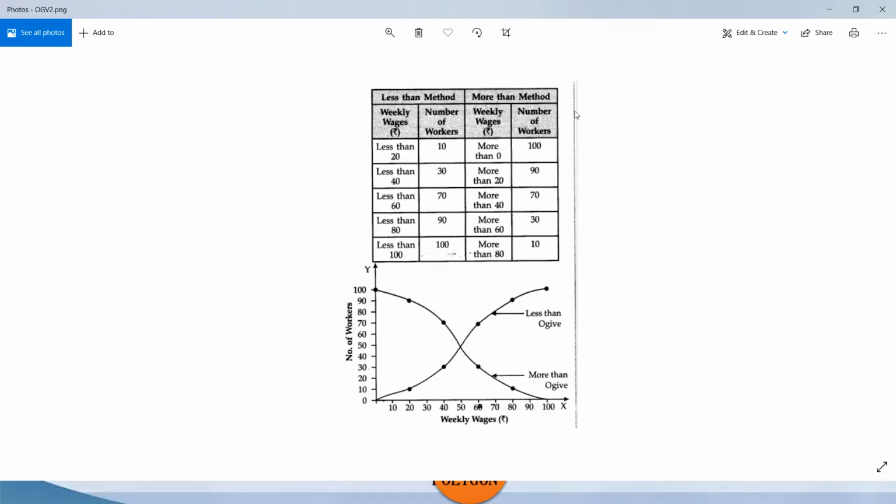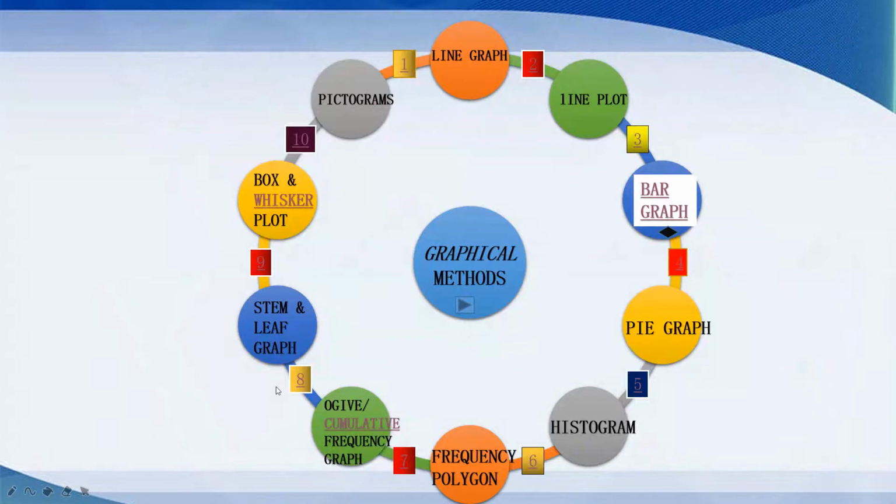So first of all, in this way, we have to find both the less than cumulative frequencies and the more than cumulative frequencies. And third, we have to plot both values on the y-axis. Here you can see the less than ogive. We get the less than ogive by plotting less than cumulative frequencies on the y-axis. And by plotting more than cumulative frequencies on the y-axis, we'll get the more than ogive. Okay. And weekly wages we are going to consider on the x-axis here. So that is class boundaries on the x-axis. So this is how an ogive curve looks. So now we'll move on to the stem plot.